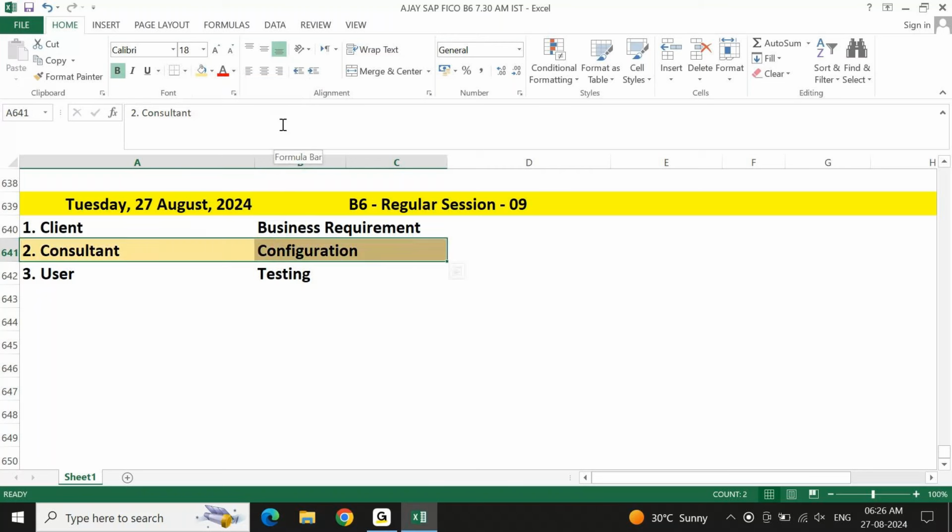A consultant in any project is dependent on client activity or client confirmation, and on the user activity and user confirmation. So your consultant activity is not complete without client confirmation and user confirmation. Only with these two confirmations will your activity be completed in any project. That is your full activity as a consultant.